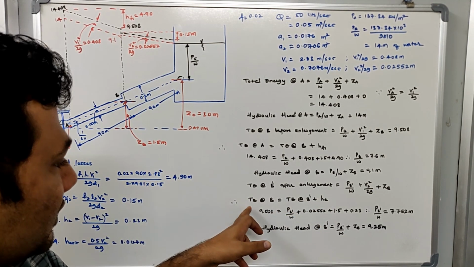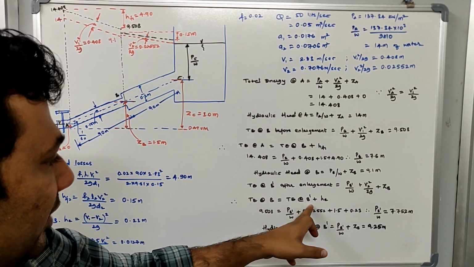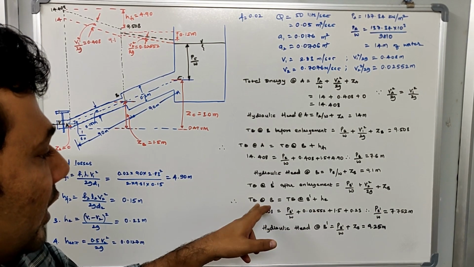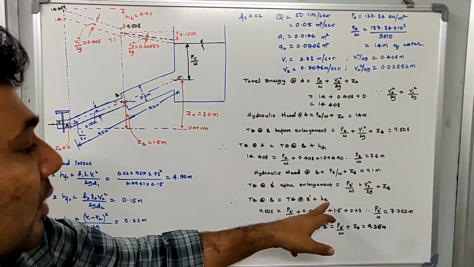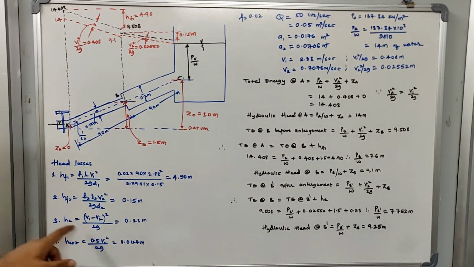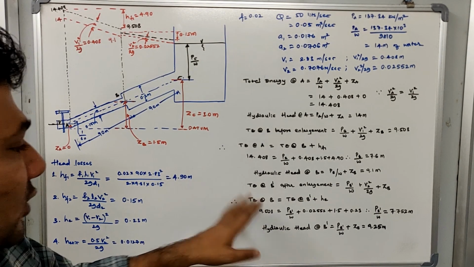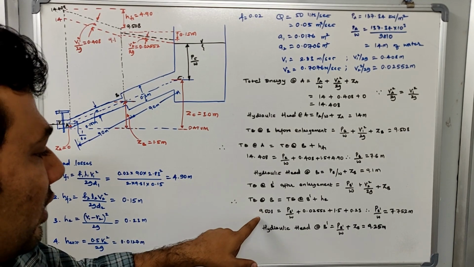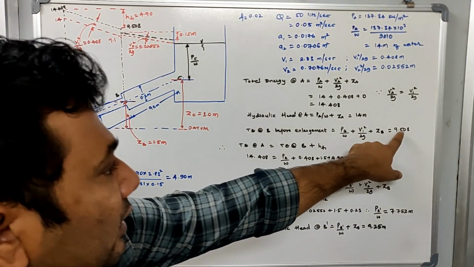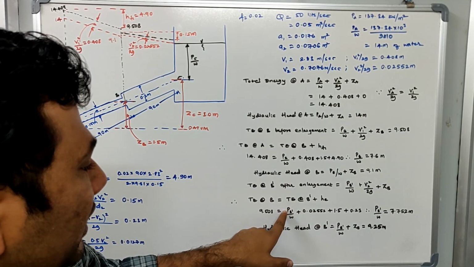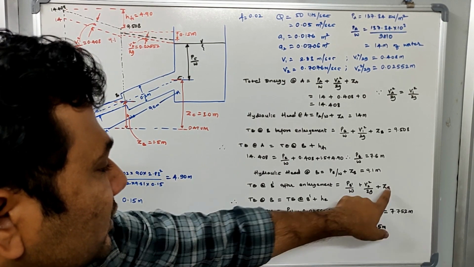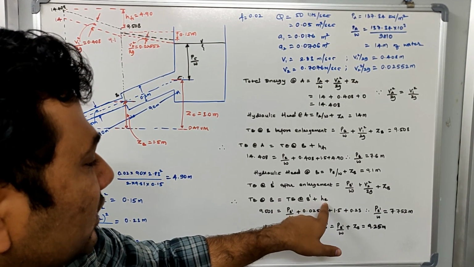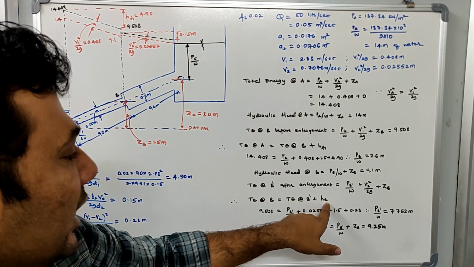Now see here, B is representing before enlargement, B dash is representing after enlargement, right? So total energy before enlargement will be equal to total energy after enlargement plus some head loss that is going to take place. What is that head loss? That head loss is nothing but the head loss due to enlargement. So now substitute the total energy before enlargement, which we have already calculated, 9.508 here, and PB dash by W plus V2 square by 2G, which we know, substitute that. We know ZB, substitute that, plus HE. HE here is the head loss due to sudden enlargement.